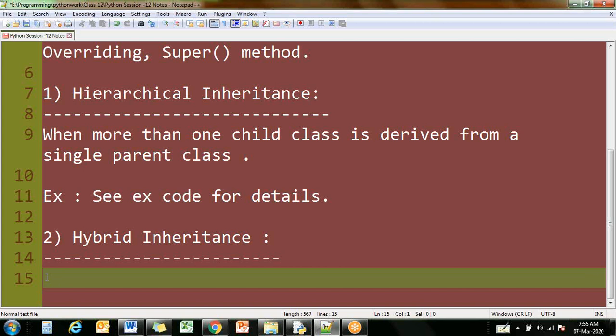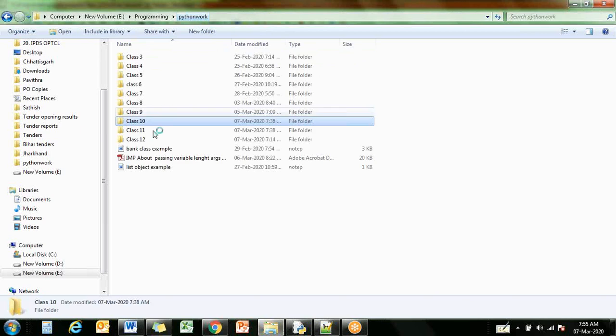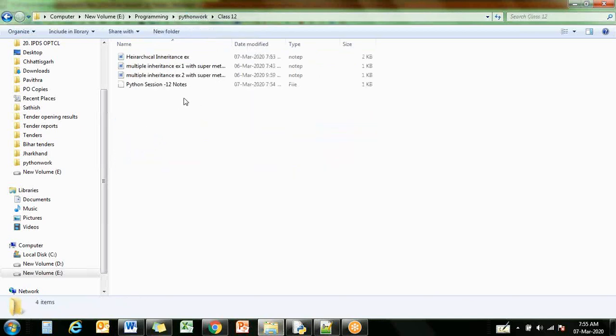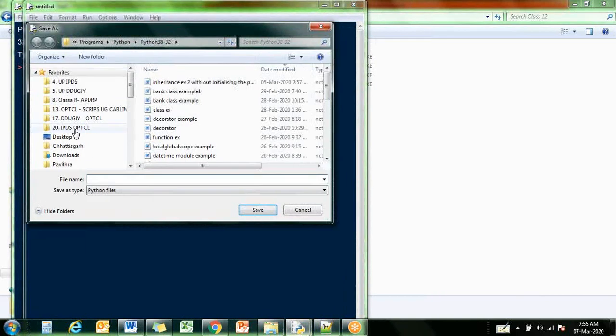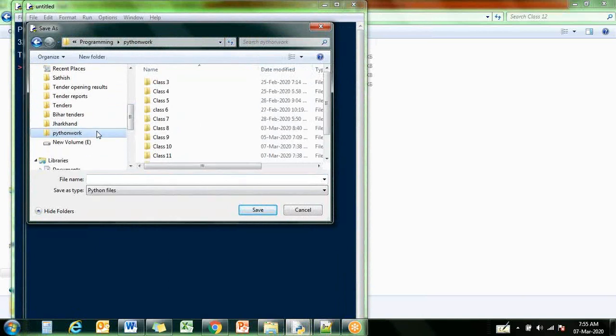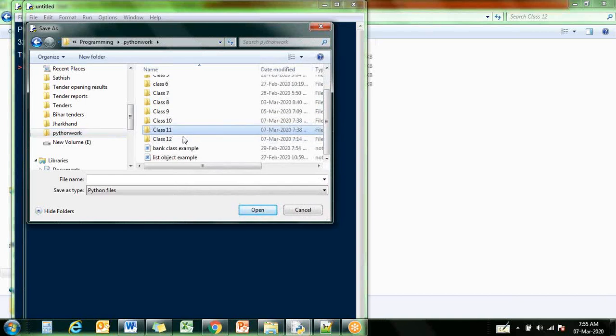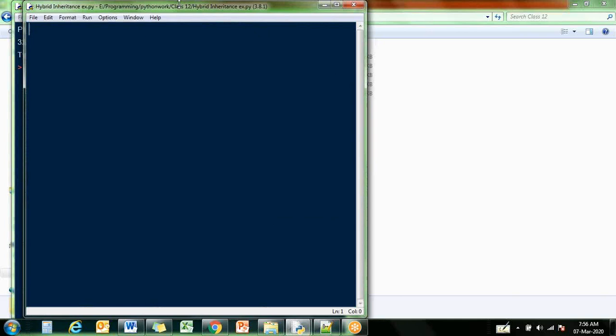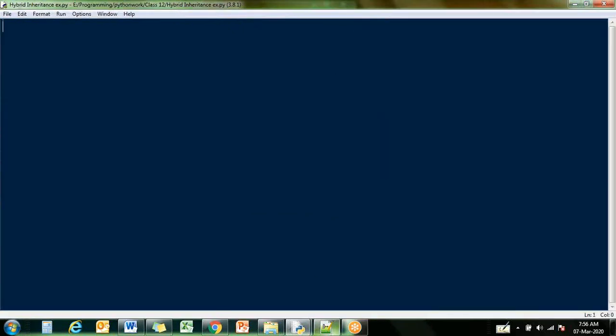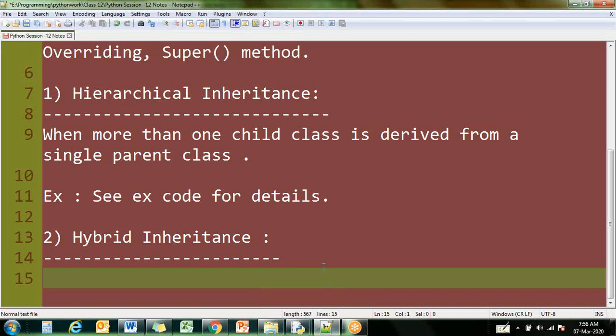I'm checking whether any problem is there here or not. What is a hybrid inheritance? Combination of